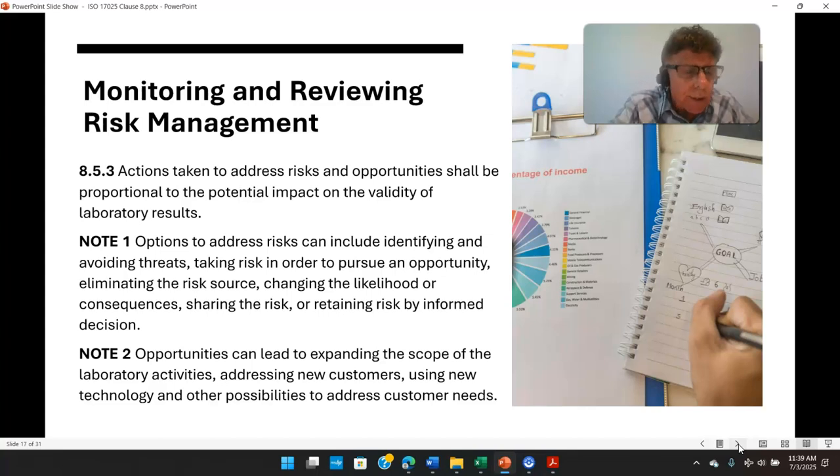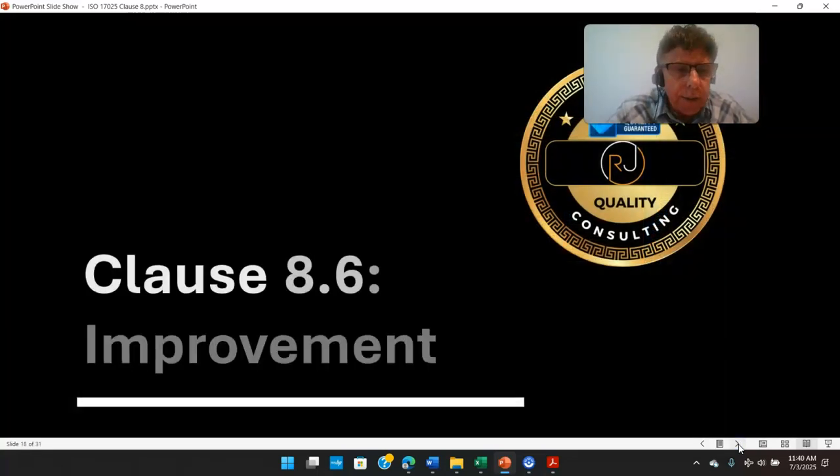But what the standard is hinting at is that if you do decide to do a scope expansion, you want to document that as an opportunity for improvement. So you'll notice the risk register I showed you was entitled Risk and Opportunity Register. Opportunities for improvement can be documented on that risk register as well, which leads us into the next section,